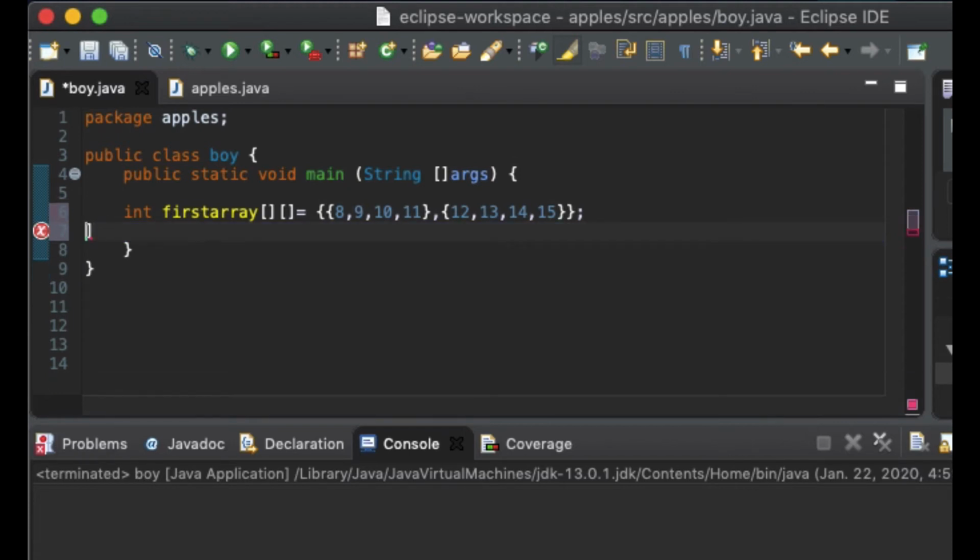And if you want to create rows, put another one. Integer, second array, and again same like that, 2 square brackets. Okay, now we can create again, let's put something like 30, 31, 32, 33,